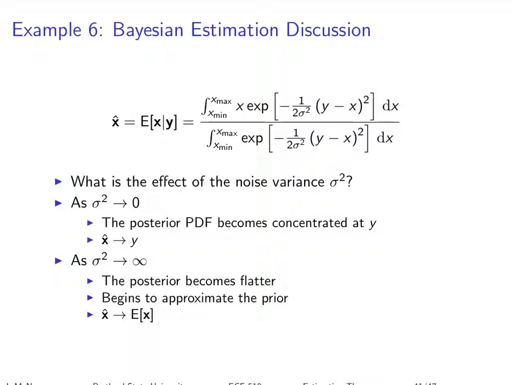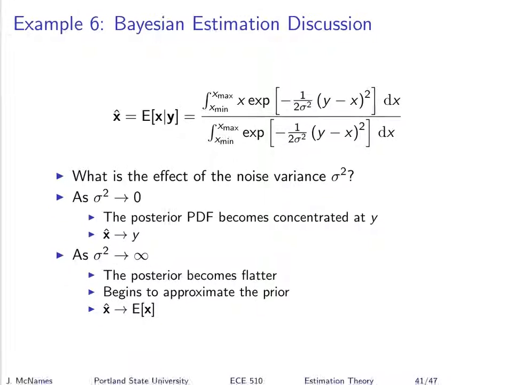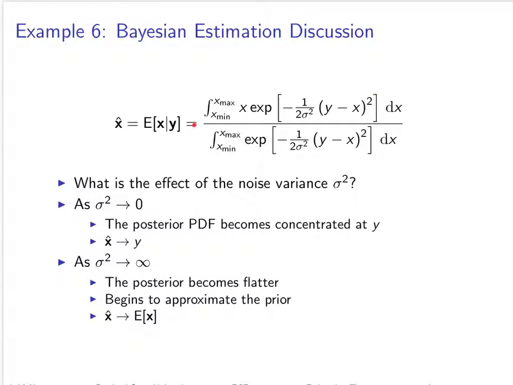The other thing I encourage you to think about is what happens as these limits get wider or narrower and how that affects the estimator. You should also start to think about what happens when you have more noise or less noise. In most practical applications, you're taking measurements. Those measurements are often poor, and we model how good or bad they are with the noise variance. So if you've got an instrument that's really bad, with a lot of quantization error, or a sensor that's really cheap and doesn't measure things very accurately, then you may model that as though it has a very large variance.